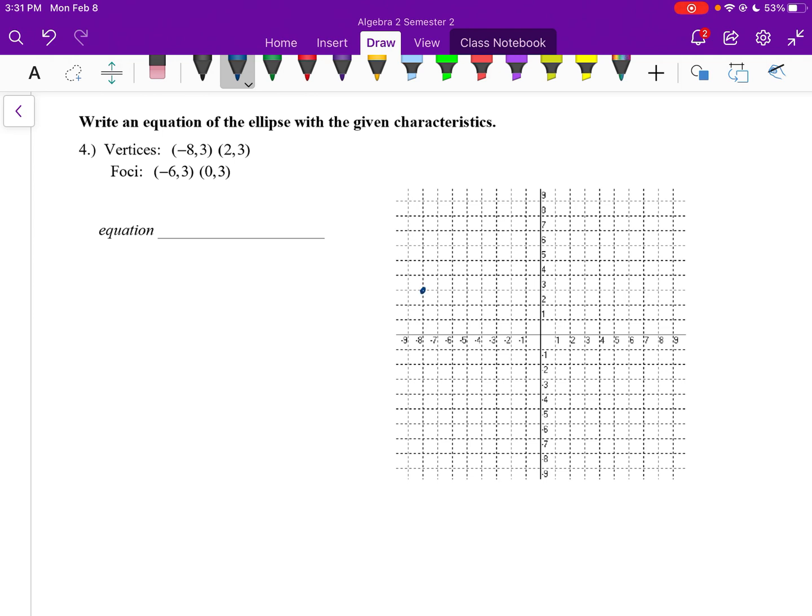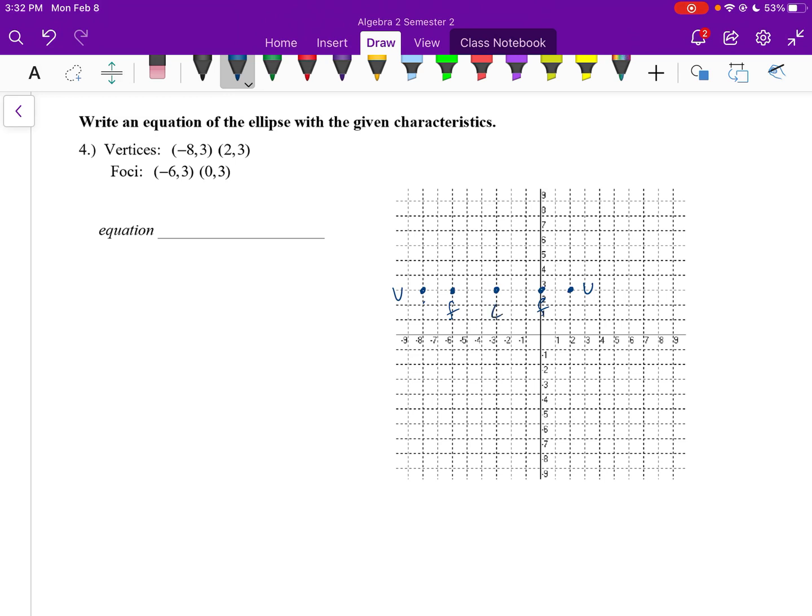2, 3. And then foci at negative 6, 3, 0, 3. So then from there, again, label what we know. So those are our foci and our vertices. And from there we can figure out our center. Looking at those foci, we got a distance of 6, so half of that is 3, which puts us at negative 3, 3 for